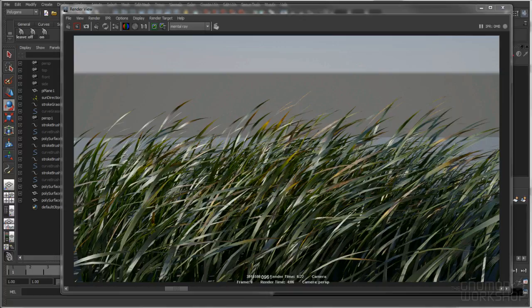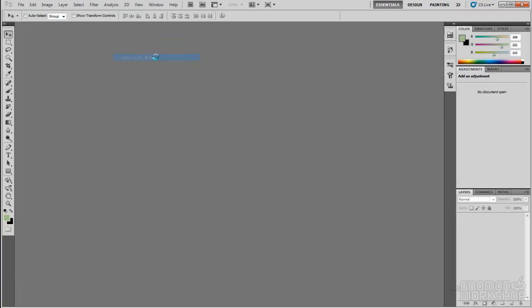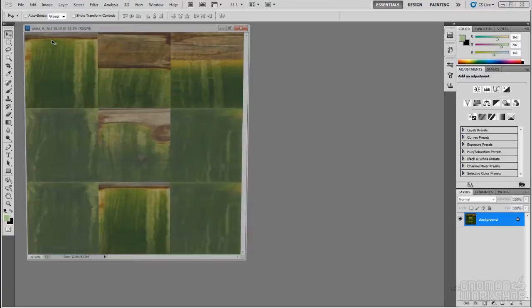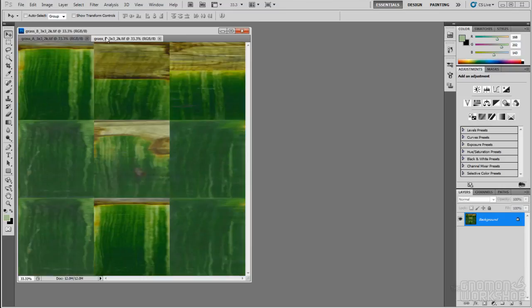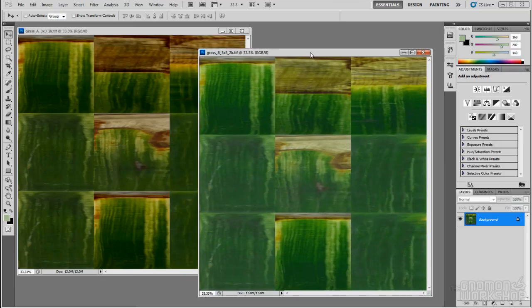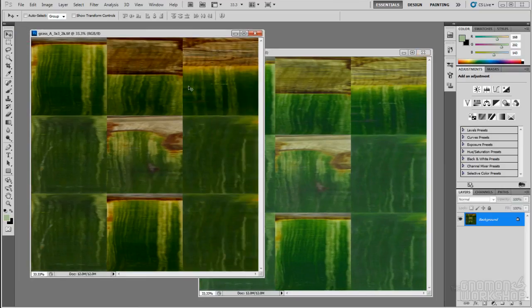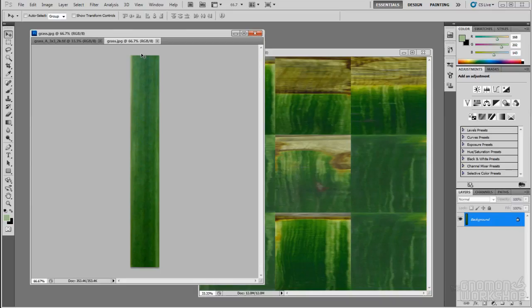And so what I did is I went into Photoshop and just simply color corrected the image. So if I open the original one that we used in our render, it's this guy. And then I went in and just color corrected it. I basically just used the HSV tool to increase the lightness, adjust the hue, and adjust the saturation. Since we'd already done some renders where it felt a lot more like grass, and I knew which texture I had used for that,